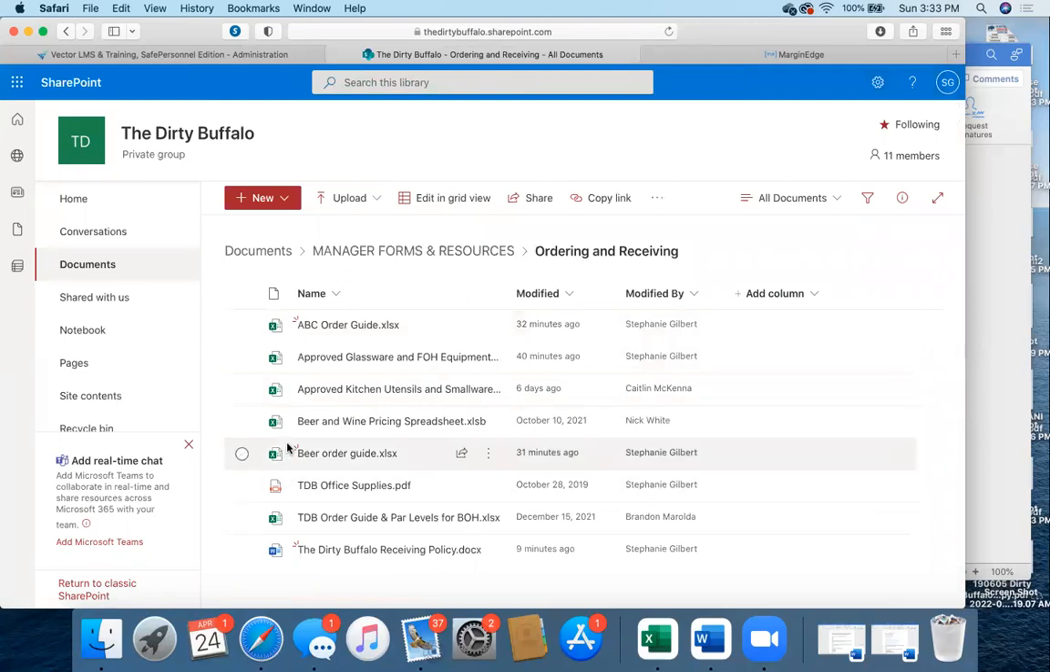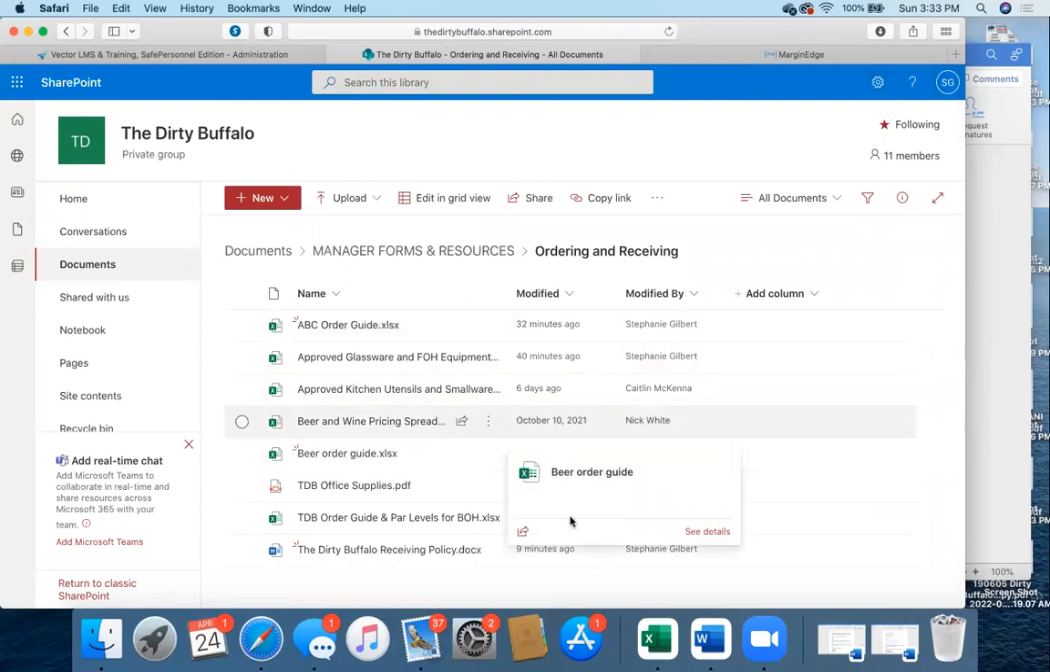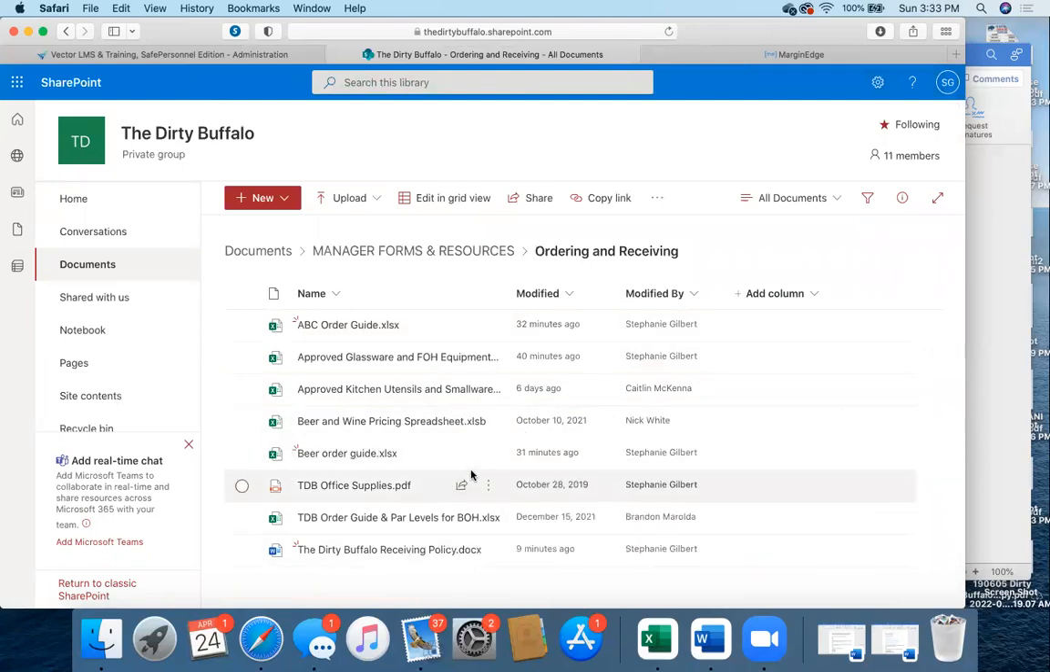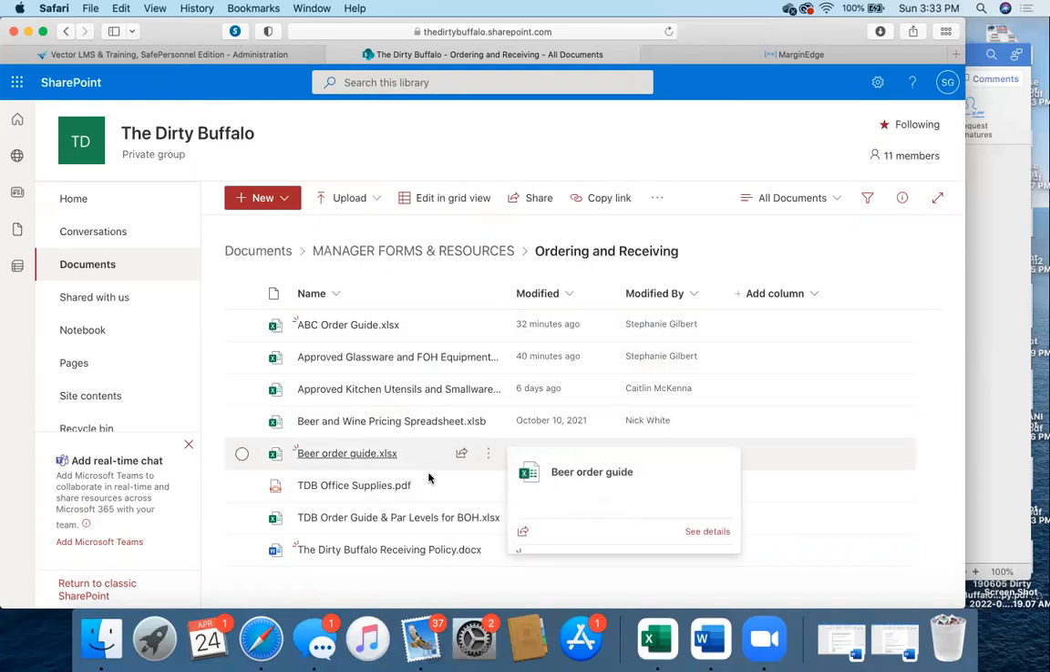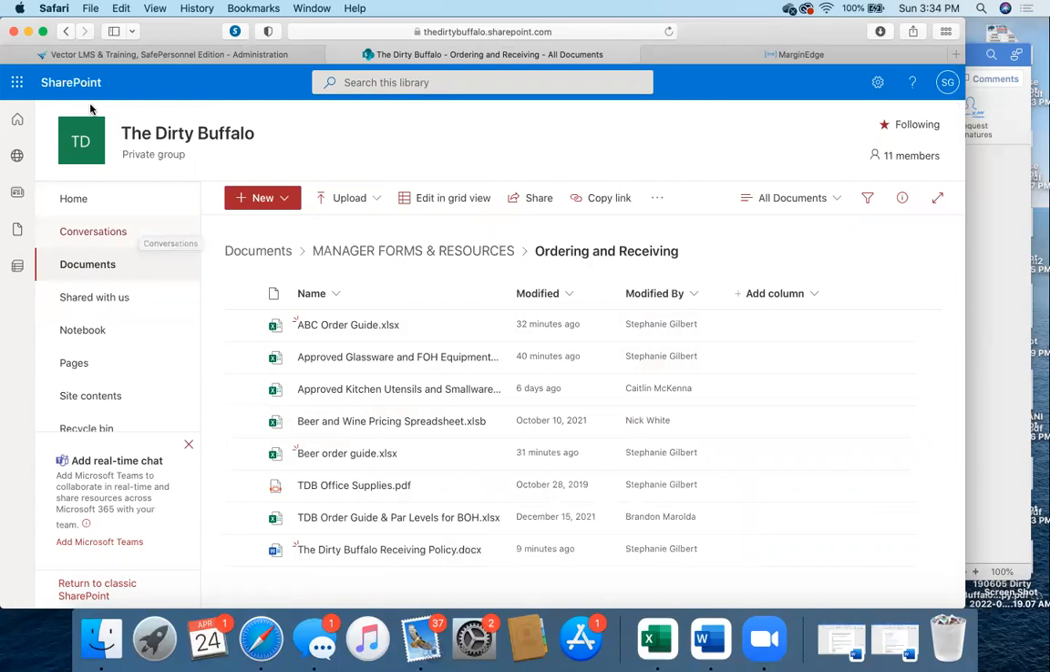Another example is a beer order guide. And with any one of these templates, you can just go ahead and open them up and then save them as a new version for your store in particular. And then there's different sections on SharePoint where you can save documents for different stores. So for example, just to show you,